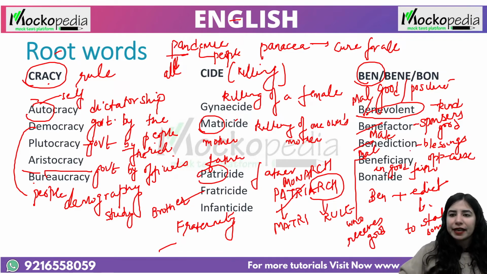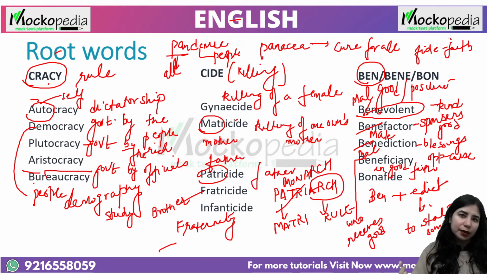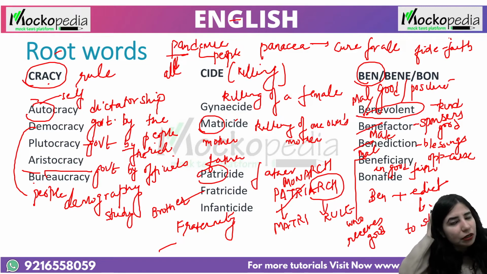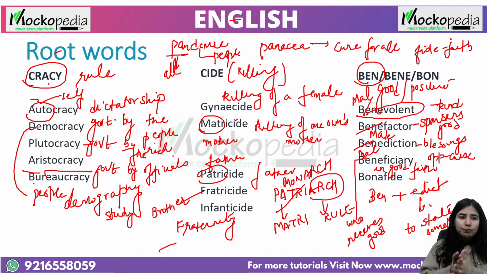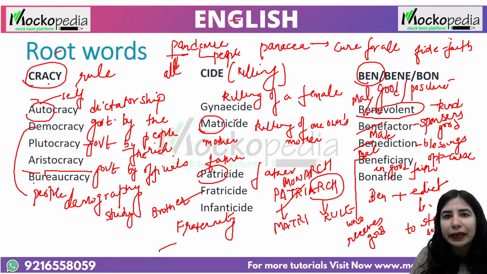So the root fid stands for faith. Now there's the term infidelity, which means cheating. You must have heard of these terms. So infidelity is when you're cheating against your partner or anybody. So by adding in, the meaning would change. Fidelity is faith, infidelity is the opposite, and bona fide's opposite would be mala fide, right? So these are so many words that we have learned.